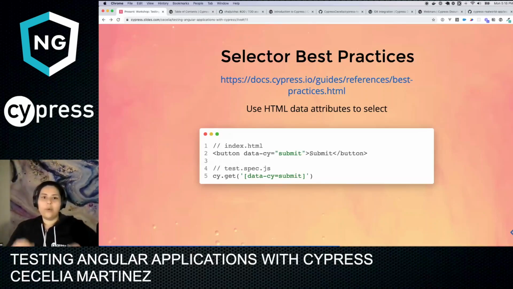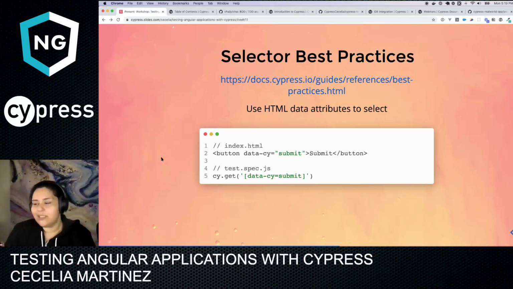Okay, so like I said, we recommend using an HTML custom data attribute selector. In this case, you can use data-cy. We also use data-test. Essentially what you do is you alter the source code, and in the HTML file you add the attribute data-cy, and that allows you to get that specific element. So you say cy.get and pass through the syntax for an attribute selector, data-cy equals submit. This allows you to be much more specific with what you're selecting,